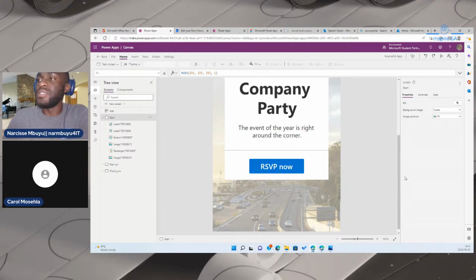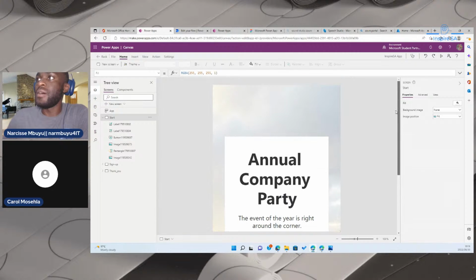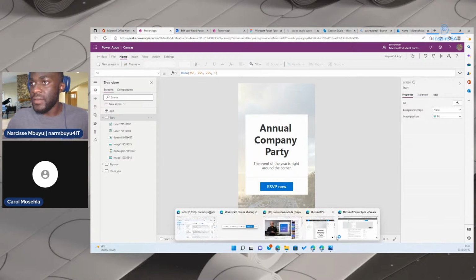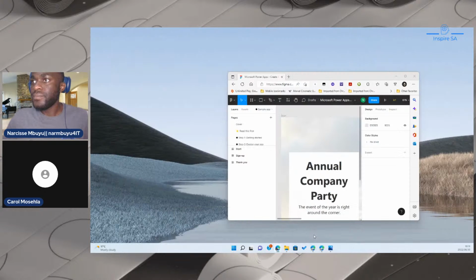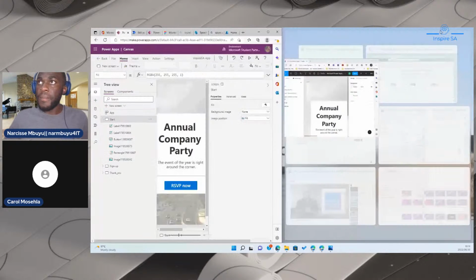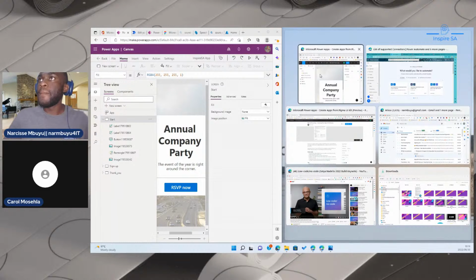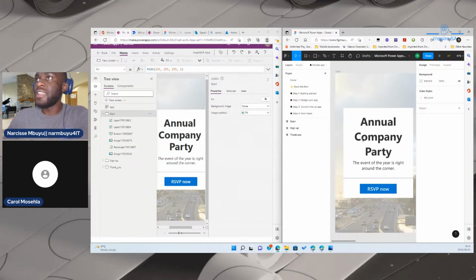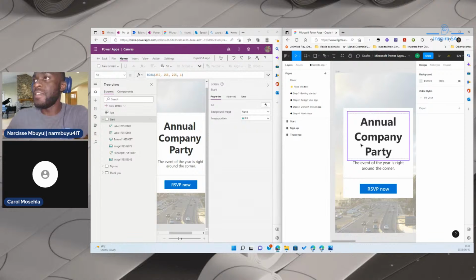So this is a new feature that came out in May this year, at Microsoft Build. So let me compare the two again for you to see. So there are the two applications here. But there's the feature, as you can see. The same application that I was designing on Figma is the same application that I imported onto our Power App,